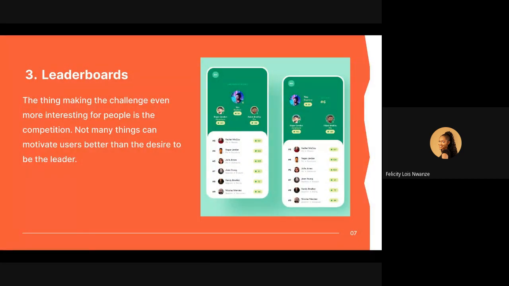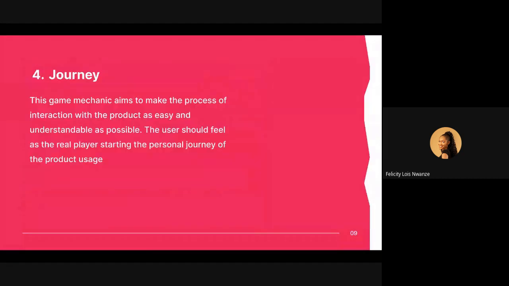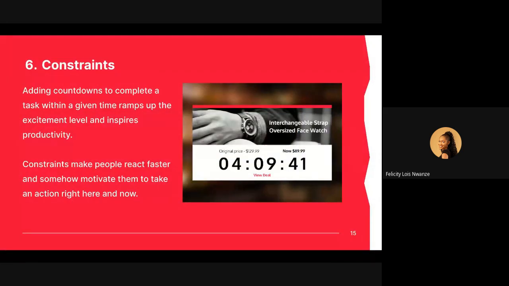Leaderboard is when you can see the people that are winning. Let's say you're playing FPL, for example, and your football club is at the top. You can see the people that are winning and how many points they have. These are things you can apply to your product design, to your app or website, to make users want to use them. Applying them doesn't mean your design is necessarily a gaming app. It could be anything. That's just a basic recap. There are also other mechanics under gamification.